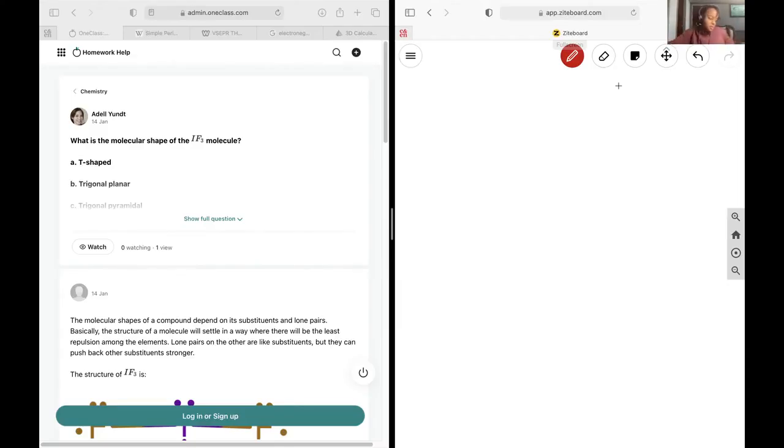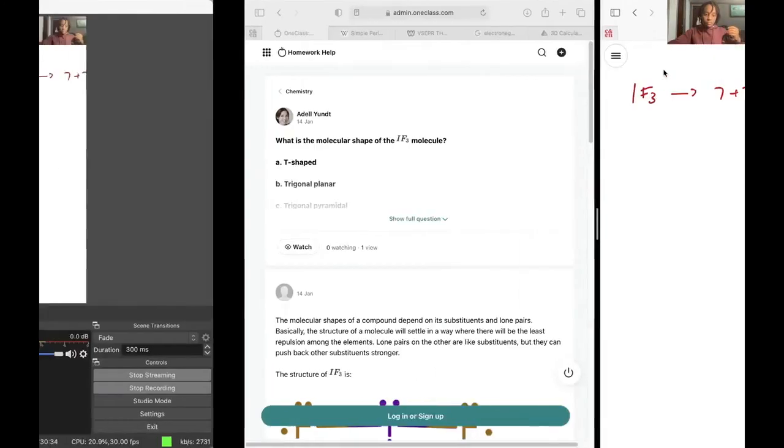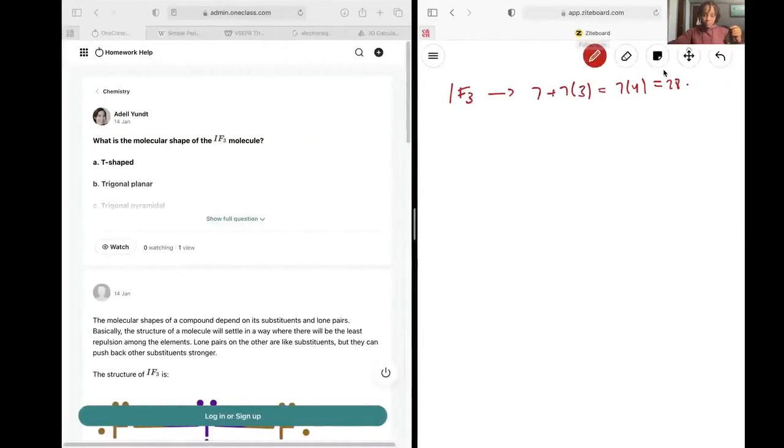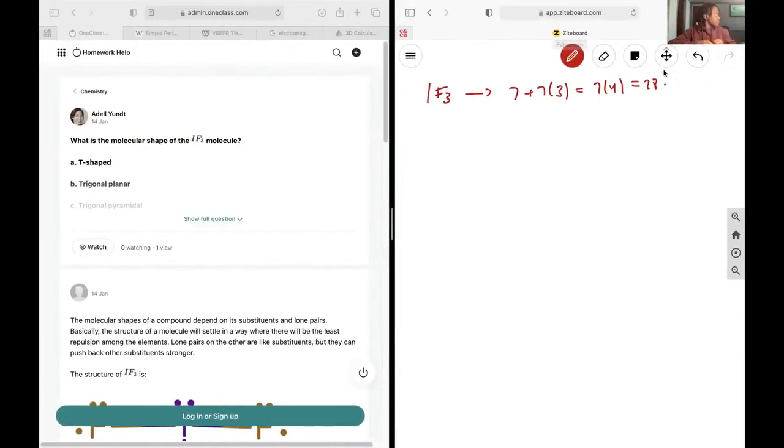Okay, next up I want to figure out the molecular shape of IF3. So as usual, begin with your valence electrons. I have 7 plus 7 by 3. And this is going to give me 7 by 4, which is 28 electrons. Okay, and then from here,